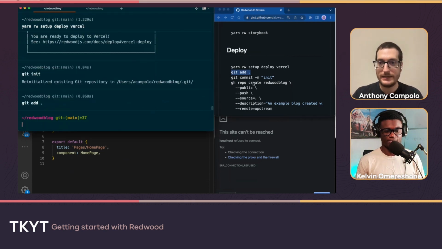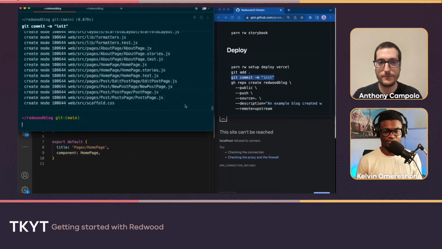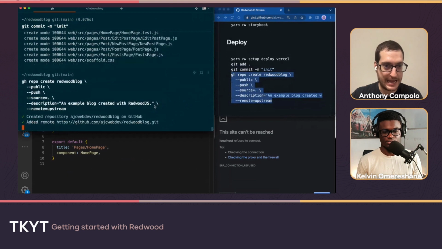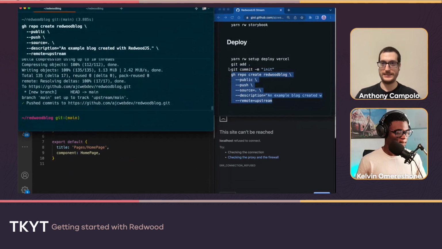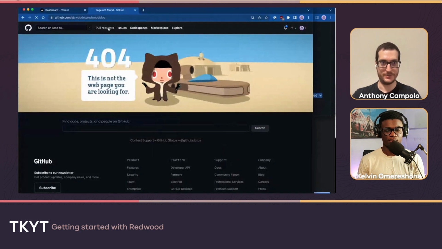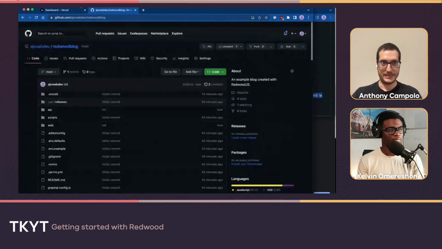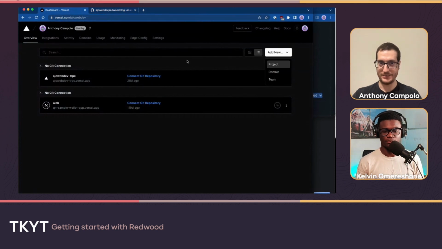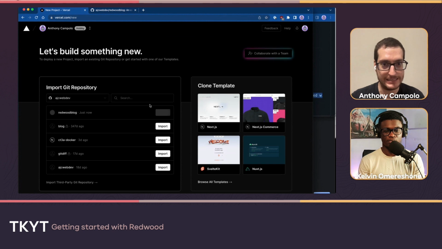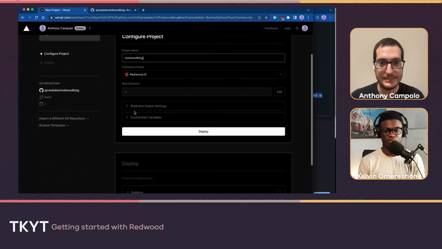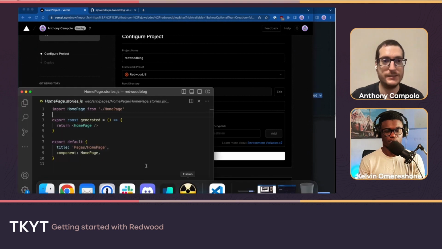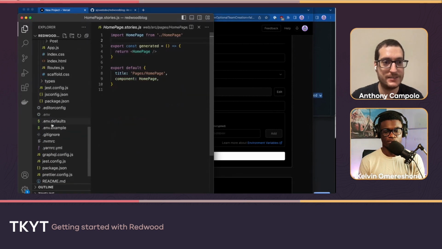And let me just go ahead and get this on a Git repo. Because we have all these things already set up, it's very easy to just get it running. So here's the repo that I just created. And then all we got to do is create a new project in Vercel and grab this. And then make sure to include your database URL so it's able to connect to that.